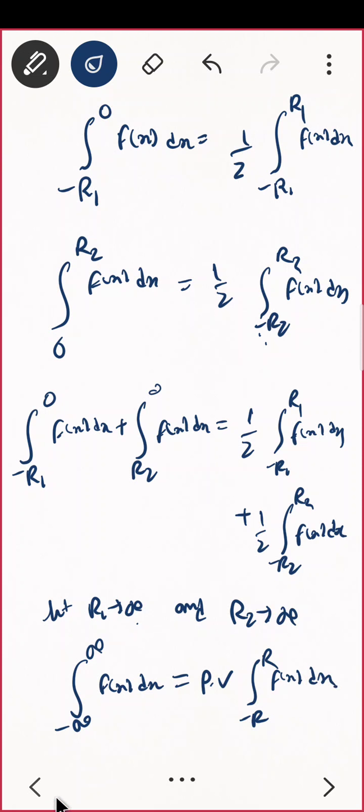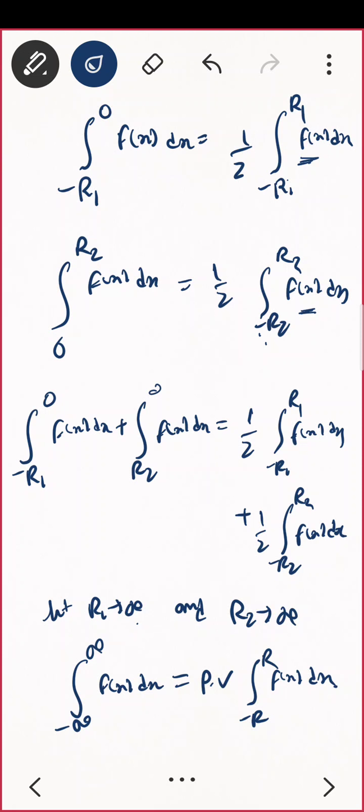So do you see, if you go on directly solving by breaking at 0 and so on, then there will be quite an issue there. Here one thing we are assuming is that the function is an even function. Then only we can write this, otherwise this term will be 0. Do you see? If my function is an odd function, then this would be already 0, here and here also. Yeah. Okay.